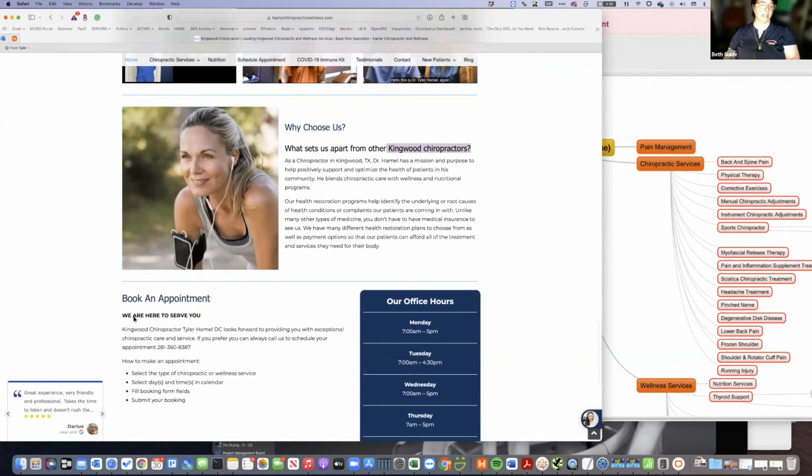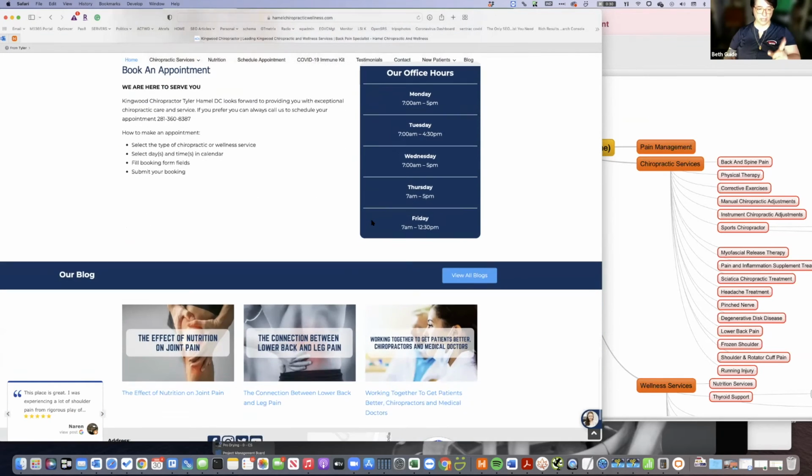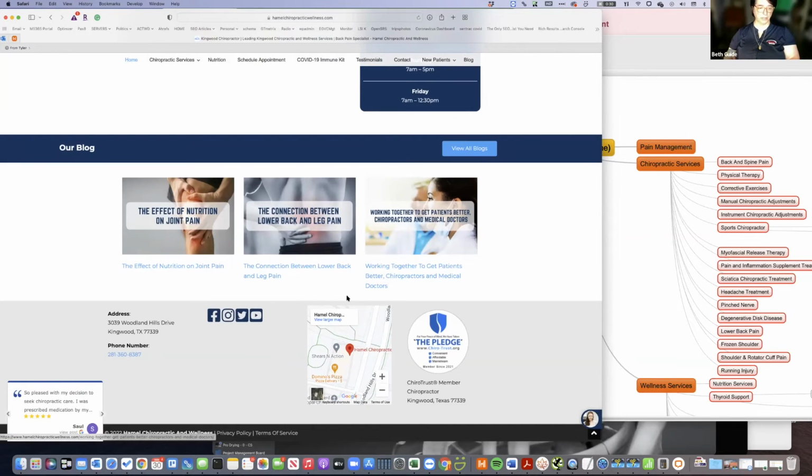We have it here in the writing, here in the writing, and here in the writing. Not to beat a dead horse, okay? And again, there's a few things that I'm going to tweak up here. But one thing I want to show you, I also have an embedded map on the homepage.